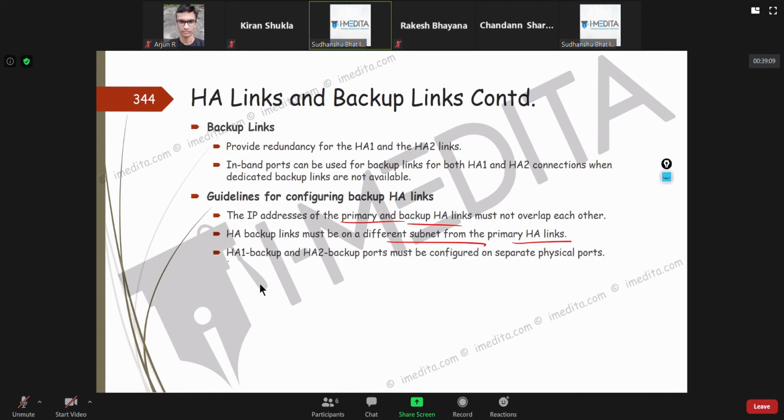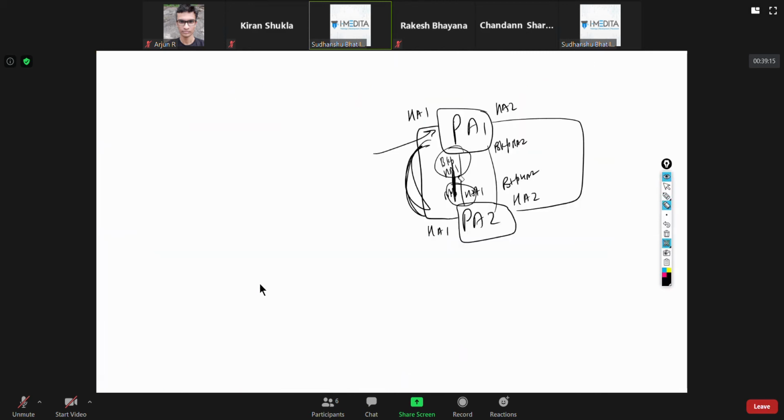Okay. HA1 backup and HA2 backup ports must be configured on separate physical ports. Suppose somebody says, okay, I want a backup link, so what I'll do is get one port and say that this is the backup port.